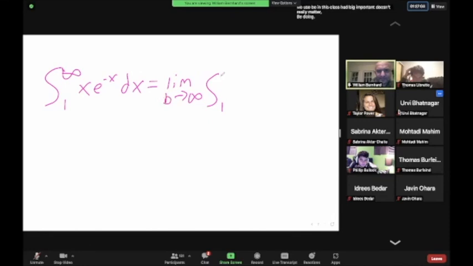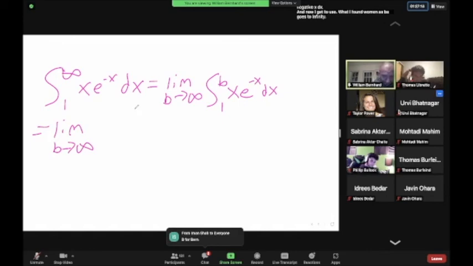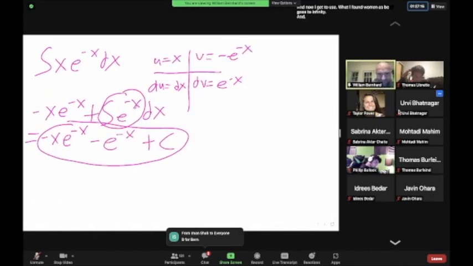B to infinity, integral from 1 to b of x e to the negative x dx. And now I get to use what I found. Limit as b goes to infinity. And we have our antiderivative, negative x e to the negative x,